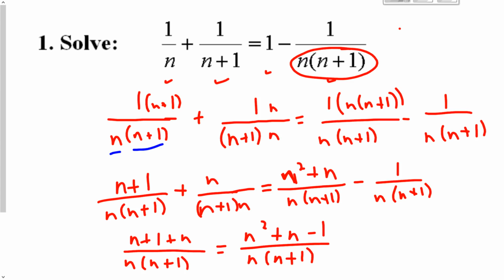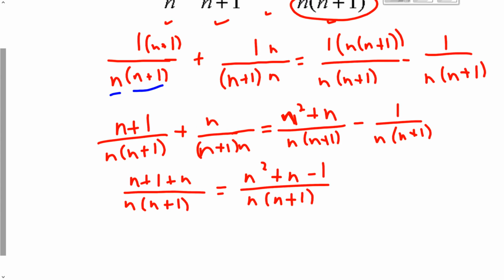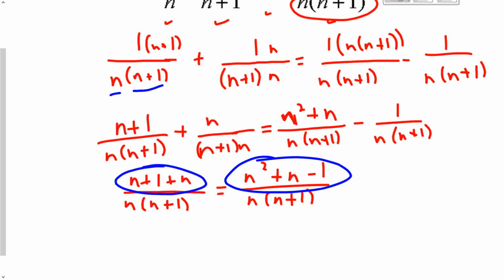And since I have two fractions with the same denominator and the numerators are different, I have to make the numerators equal to each other if these two fractions are indeed equal. So my next step is setting the numerator of the left equal to the numerator on the right. The numerator on the left is 2n plus 1, and the numerator on the right is n squared plus